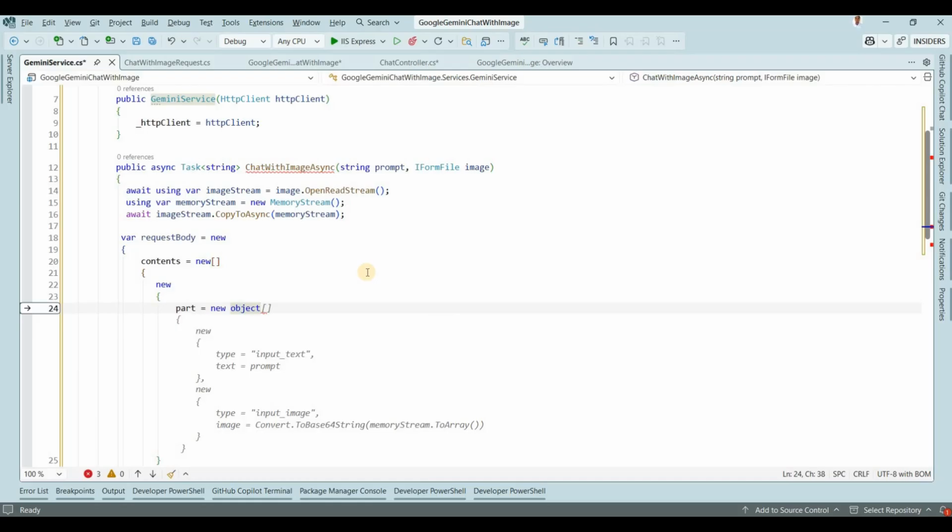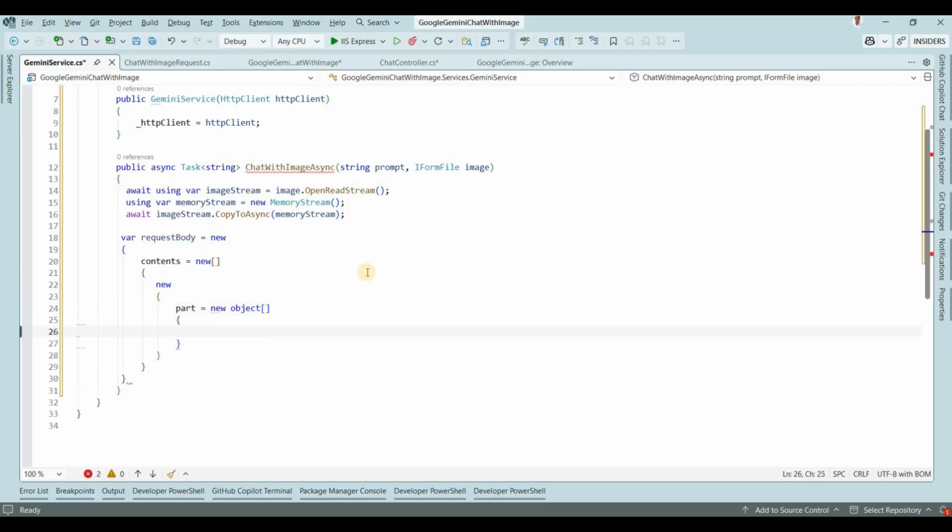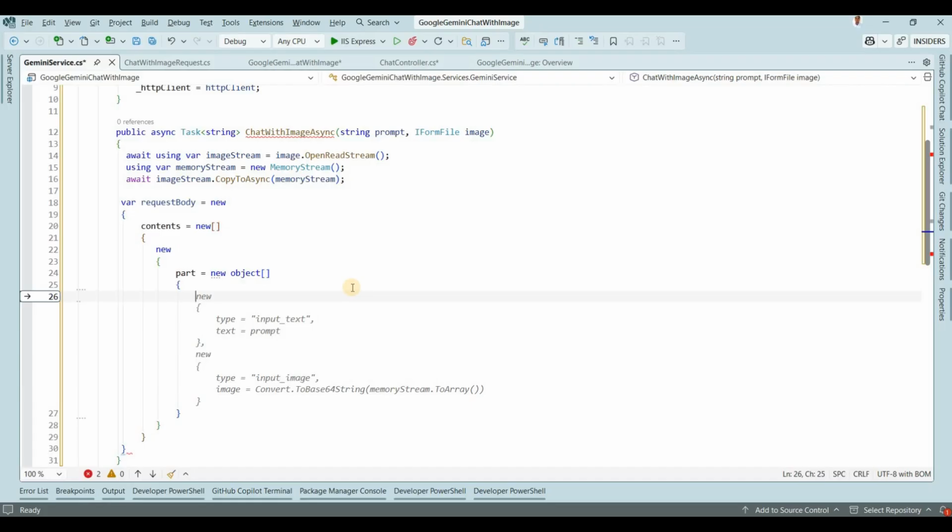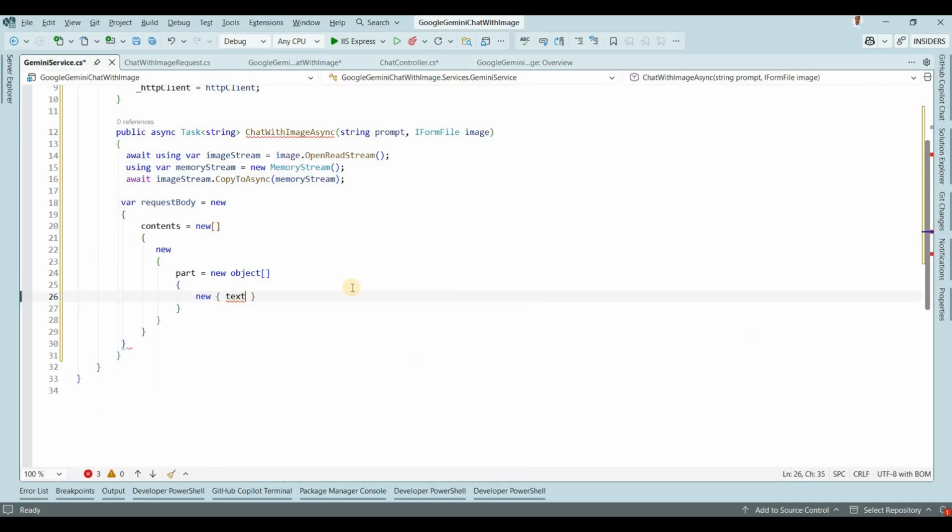Here I'm taking a new object, with one part for the text and another part for the image. So it's like text equal to prompt, and then another for the new